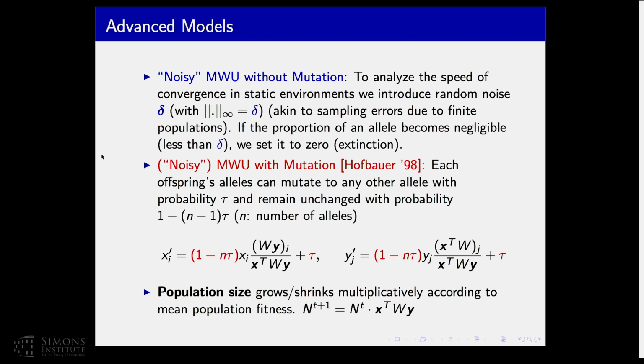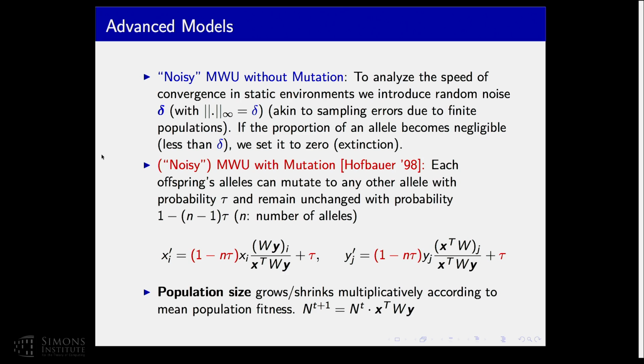Okay, now the second extension is that we actually allow for mutations. Mutations effectively mean that the frequency of any allele never really zeroes out, because there's always a mutation step that chooses, with probability t, at random to mutate to one of the other possible alleles. If you do this simple math, this is the new updated form. And we're also going to keep track of the total population size, and we'll assume in a very standard way that this grows or shrinks